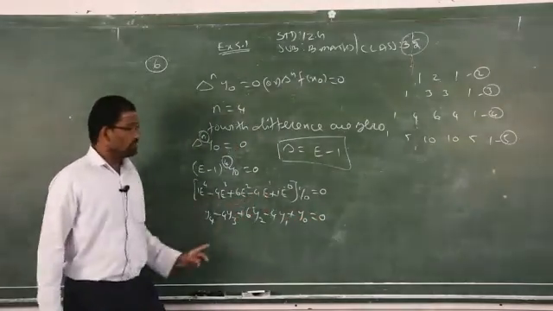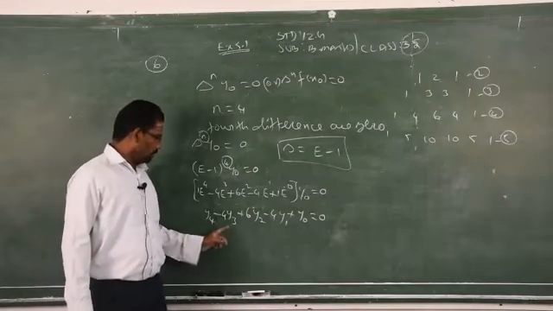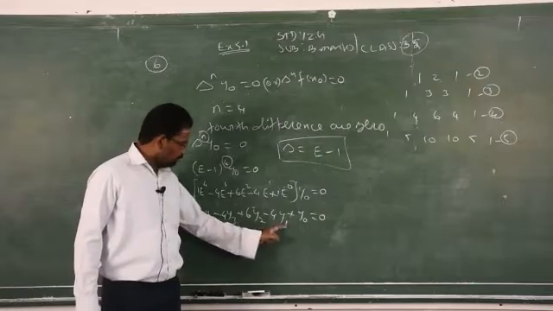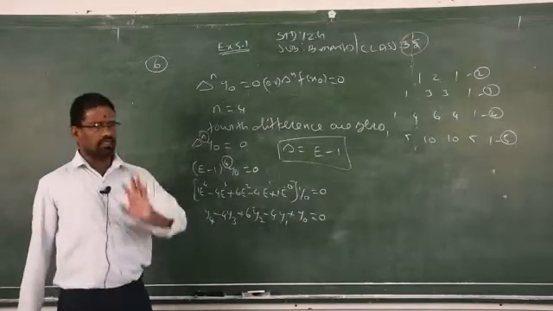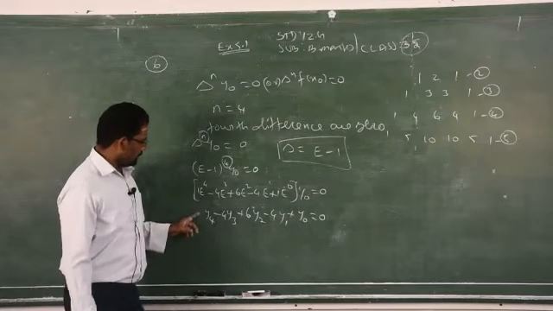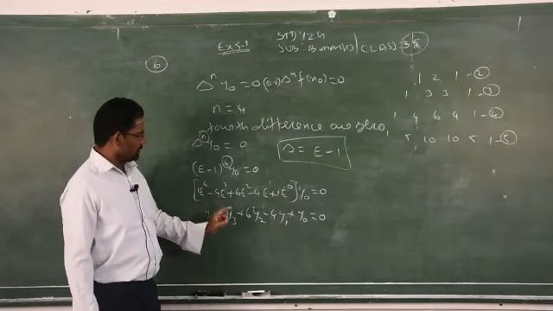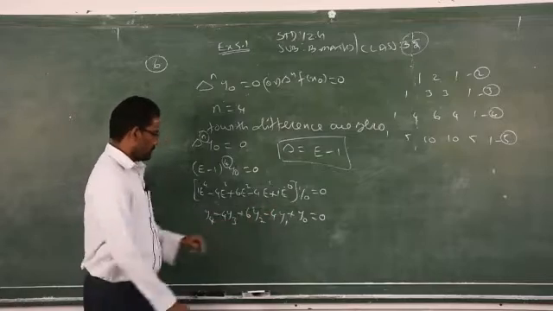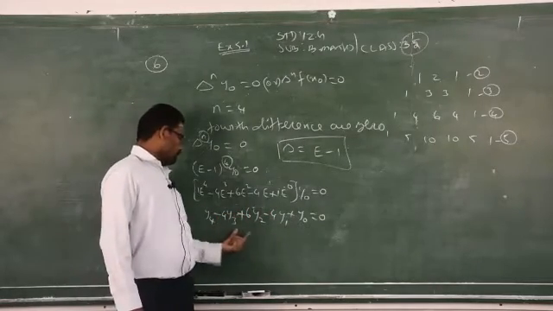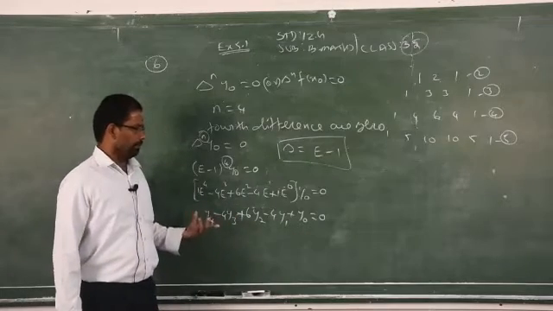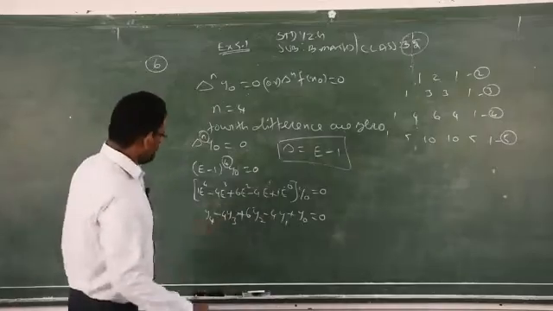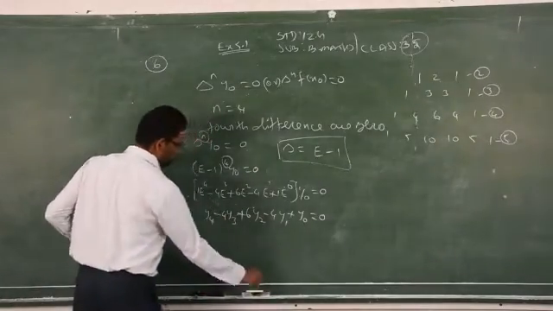Now, after this, you have to check the process again. 4, 3, 2, 1, 0 should be in order. If anything is missing, then your answer is wrong. After that, you have to check the sign also: plus, minus, plus, minus, plus. So check both whether the suffixes are in order and also the signs. Once you have completed this, the remaining part will be very simple. This will come in either 2 marks or 3 marks.